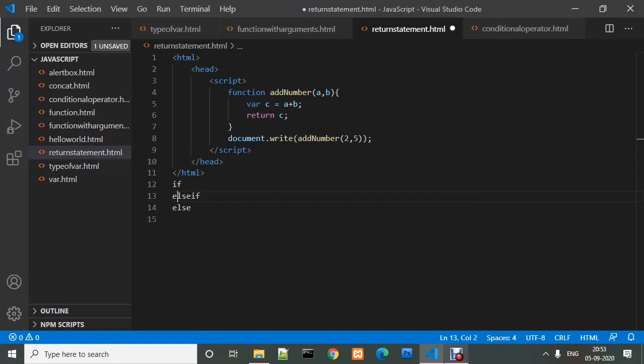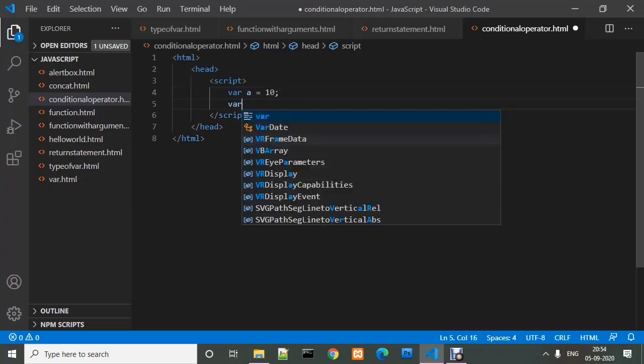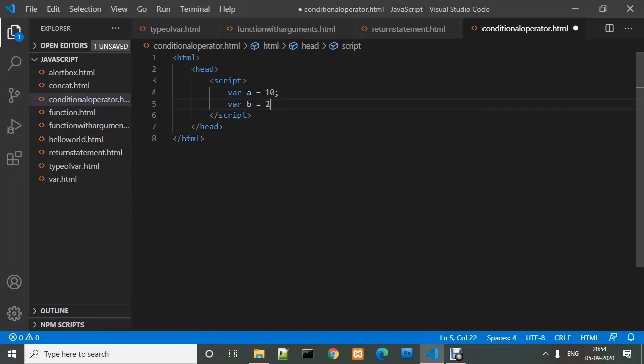So let's start coding. First I am deleting this thing again, saving this file and opening a new file. I have already created a new file, conditional operator, which contains the HTML tags only. So we have to declare two variables. First variable will be A and that holds a value 10, and a variable B which will hold the value 20. So what we are going to do here is we will check whether the number A is greater or